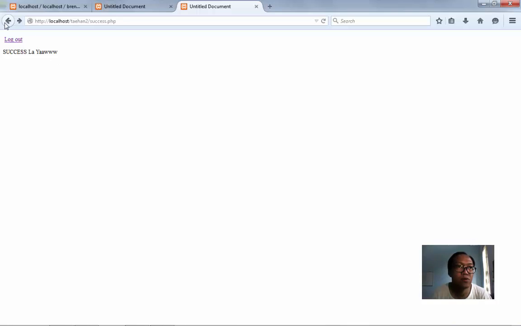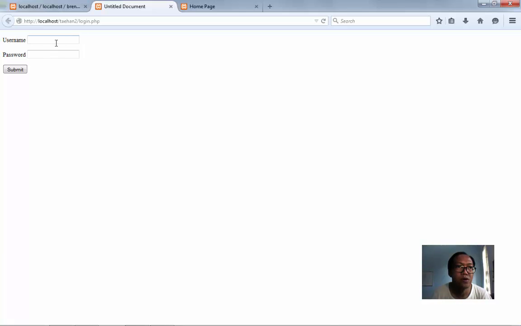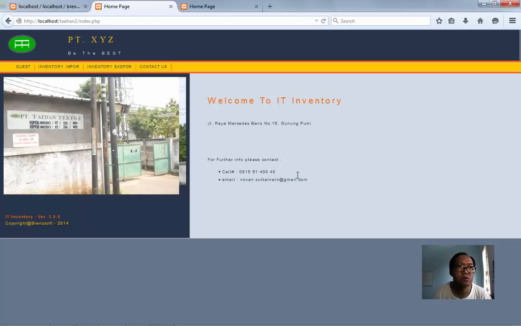So if someone goes back, they have to use the login form first. If you log in and submit, you can succeed in going to the page. But if you log out, you go to the index page. And if someone clicks back, they cannot go back to the success page.